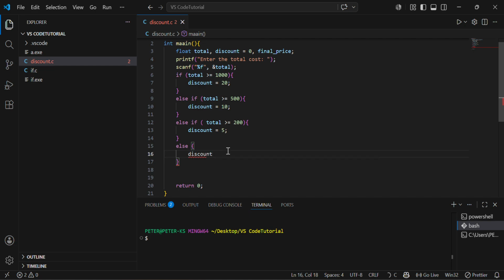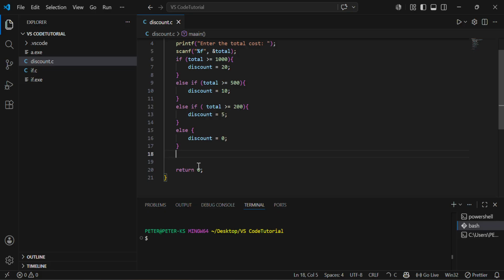Discount of, I think, 0. After applying a discount of 0, because somebody has bought probably goods less than 200, we don't give them a discount because they have just bought little goods. So now we shall calculate the final price, saying the final price is equal to, we shall get the total